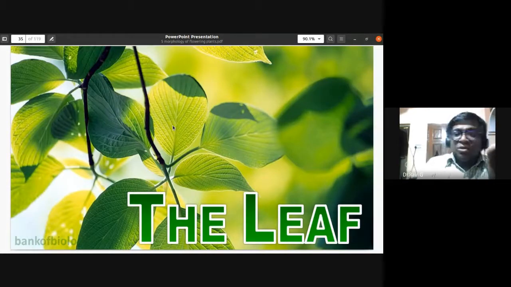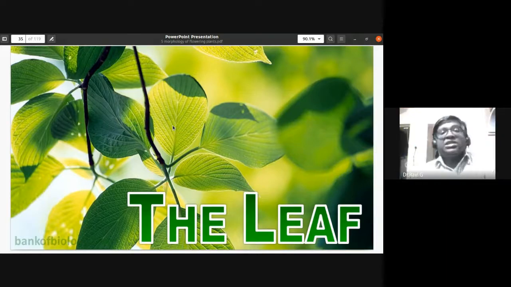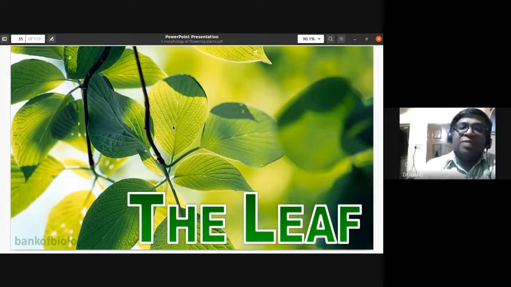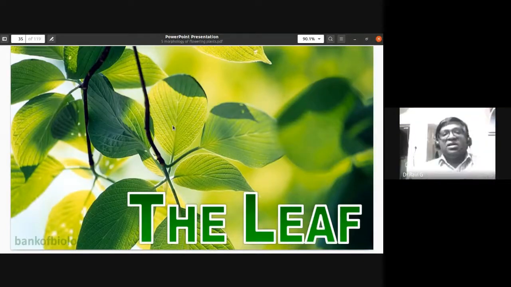Through the stoma, the carbon dioxide and other things also enter. That is also a region where they undergo transpiration. Leaves undergo transpiration, that is loss of water in the form of water vapor. So we'll be reading and studying about transpiration in plant physiology further. So just understand the parts of a leaf and what its function is. It is the kitchen of the plant where they synthesize the food.